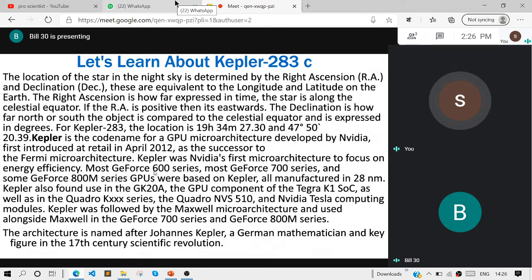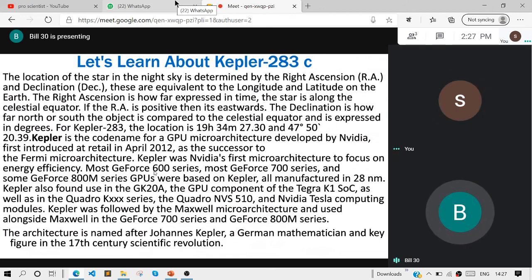Kepler was followed by the Maxwell microarchitecture and used alongside Maxwell in the GeForce 700 series and GeForce 800M series. The architecture is named after Johannes Kepler, a German mathematician and key figure in the 17th century scientific revolution. So the next planet which we have shortlisted is